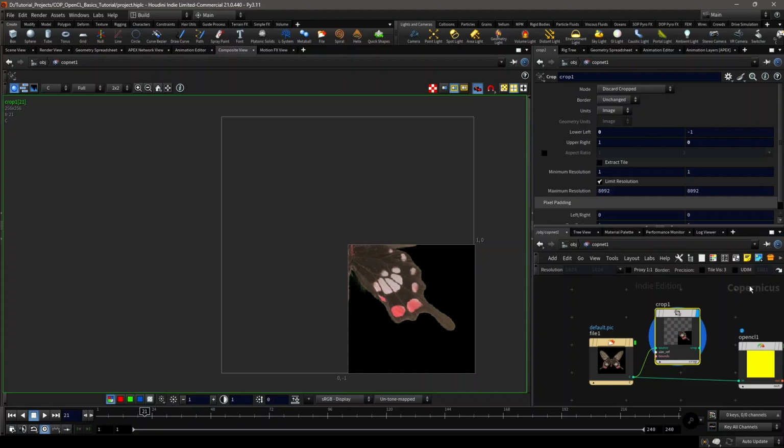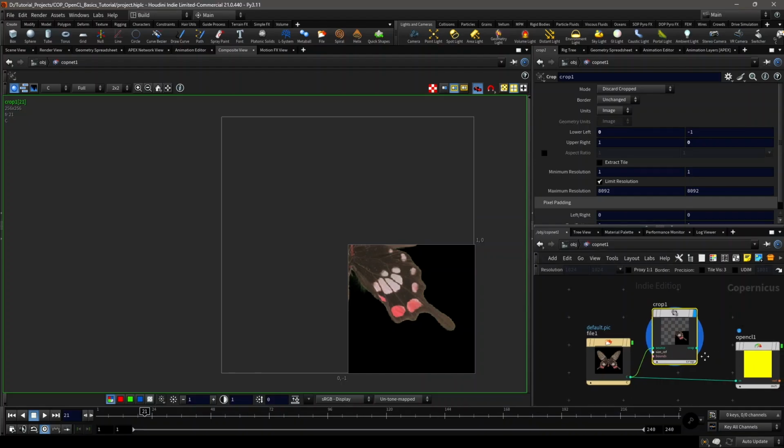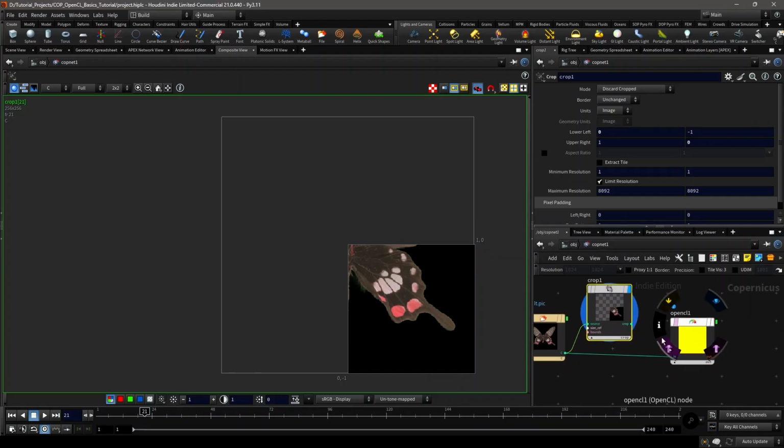Now if you middle click on this node, as you can see, we have a display window of 512 times 512 pixels, but the data window is only 256 times 256 pixels, or you can also call this 256 pixel square. And if we connect it as an input of this OpenCL node,